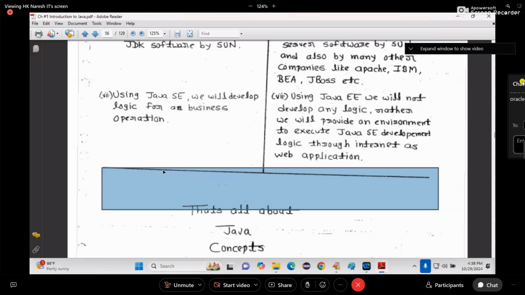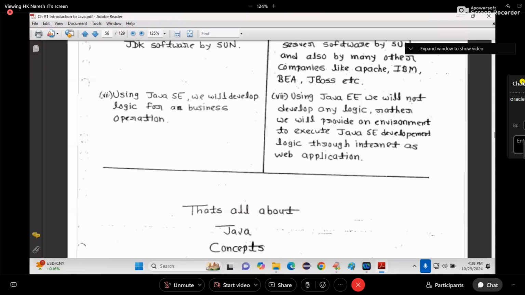What? Technologies. Okay. Finally, got clarity? So Java SE means only JDK. Java EE means JDK plus server.